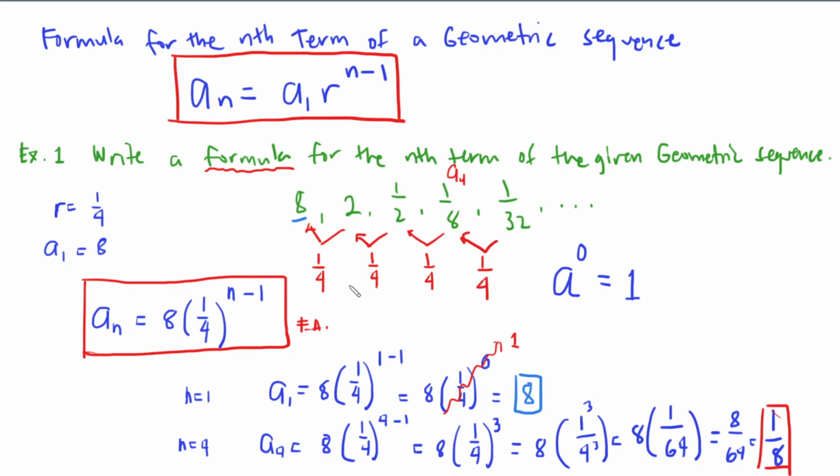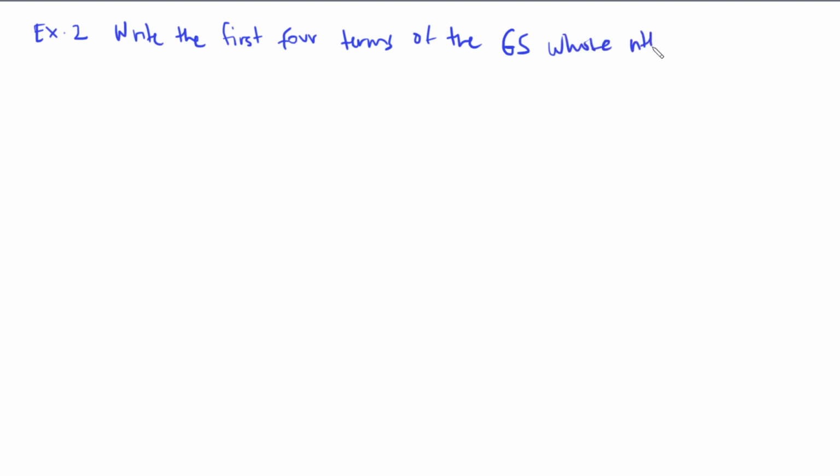Okay, so next example tayo. So, for our next example, dito naman, ibibigay naman natin yung first 4 terms. So, example number 2. Write the first 4 terms of the geometric sequence. So, GS stands for geometric sequence whose general term or nth term